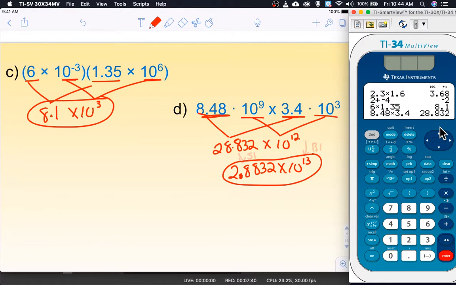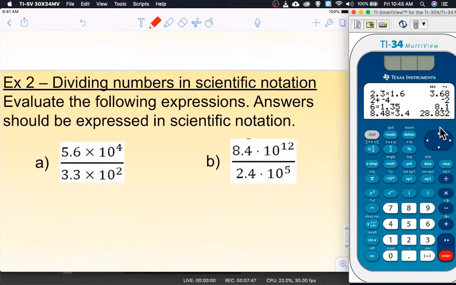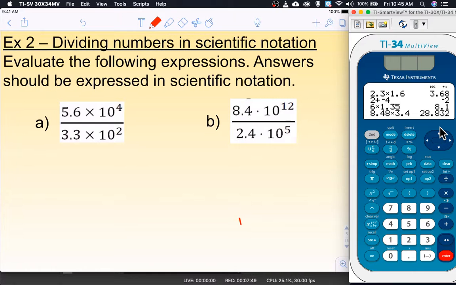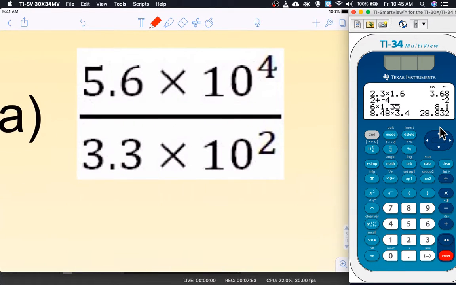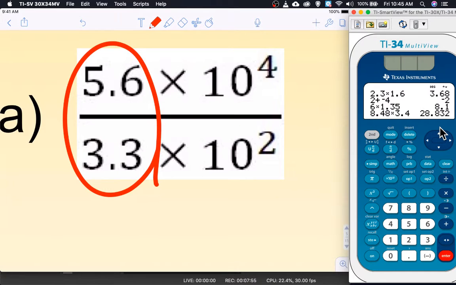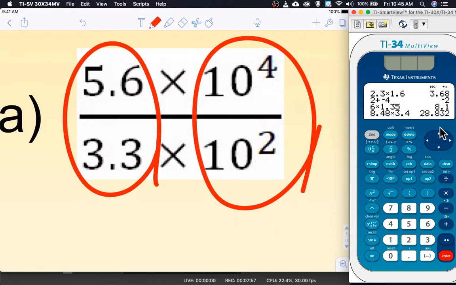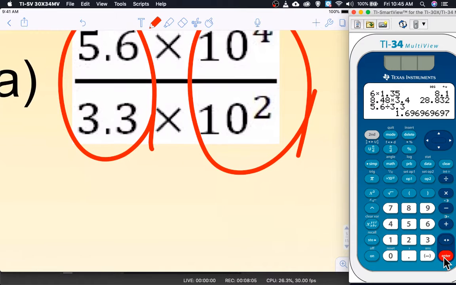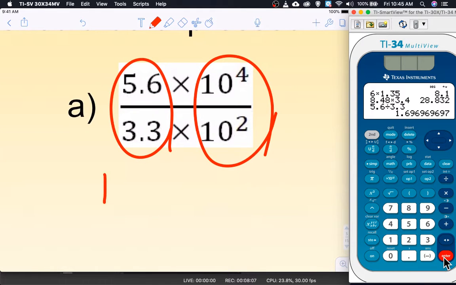So that's how you multiply powers. You multiply the decimals, you multiply the powers, and put your answer in scientific notation. Well, what about division? It's pretty much the same thing. We're going to divide the decimals, divide the powers, and make our answer in scientific notation. So 5.6 divided by 3.3 gives us 1.69 repeated